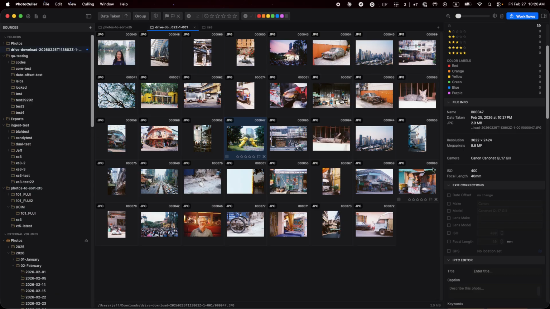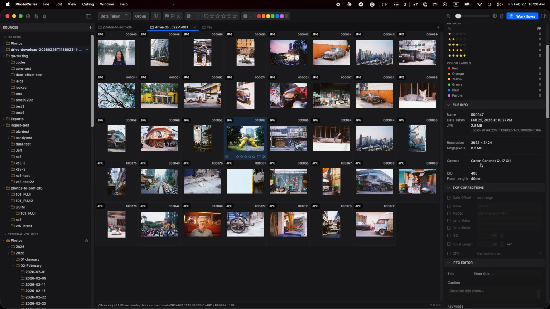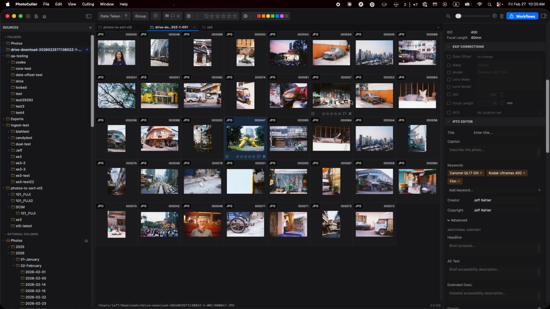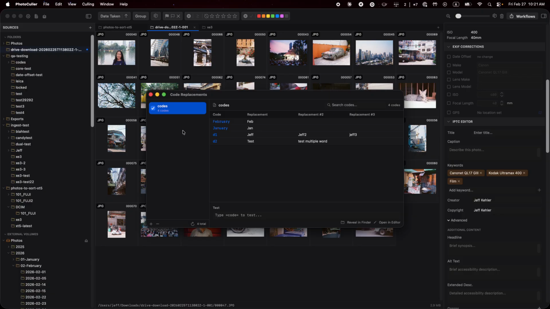And the final feature I wanted to demonstrate is the code replacements. So this is more of a power user feature. It's used commonly by sports photographers and event photographers to quickly assign metadata to IPTC templates. And yeah, the way it works is inside the edit menu, there's this new code replacements section. And here's where you can add code replacement files. I won't go into too much detail of how this all works, but this is kind of a tool that